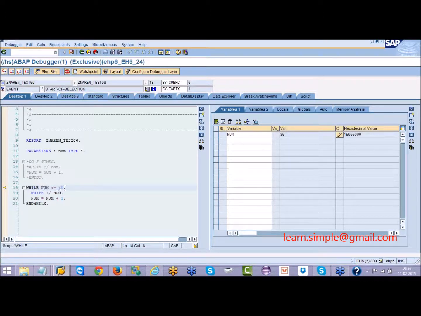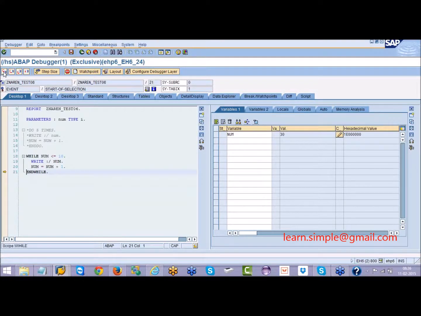The condition fails. By looking at this value, you can understand that the condition is failing, so obviously these lines will not execute. Where does the cursor go when you click F5? It is not going inside lines 19 and 20. It comes directly to line 21. That means it is not executing any code inside, so it will not print the output.